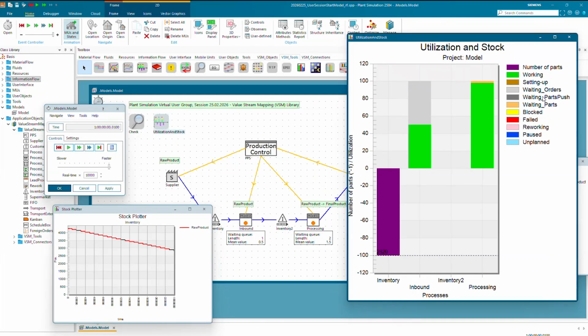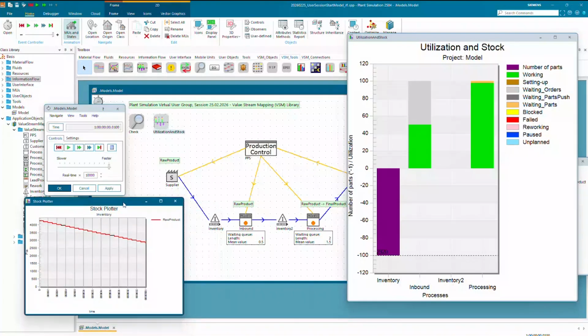And right here you would see the effect for the value stream, also the combination between the material flow and the information flow. So the first station right here is now utilized almost half of its time, and that's although there is a lot of stock in the inventory at the beginning. So it's a lot of stock available, and this stock hasn't been withdrawn, although the process would be fast enough.